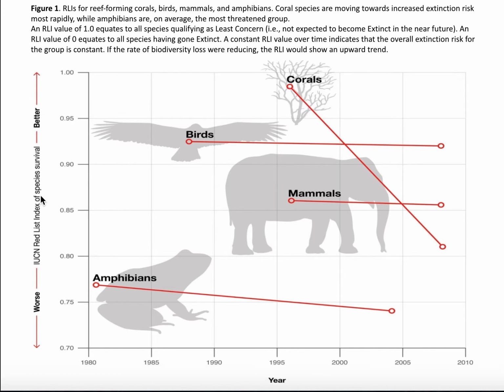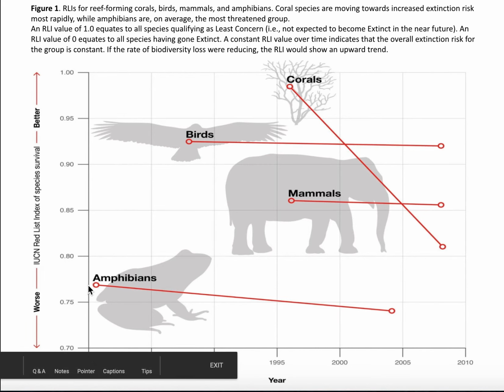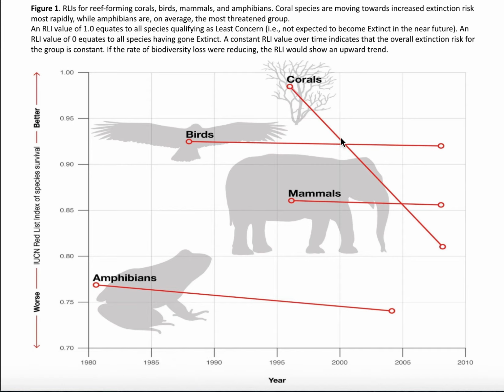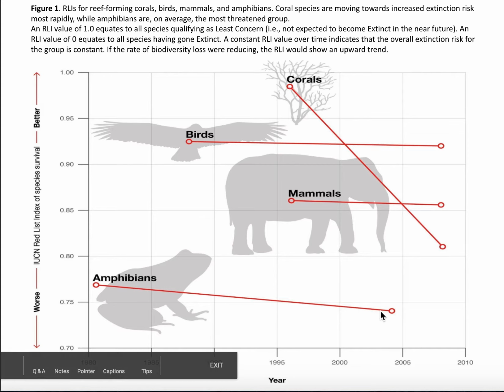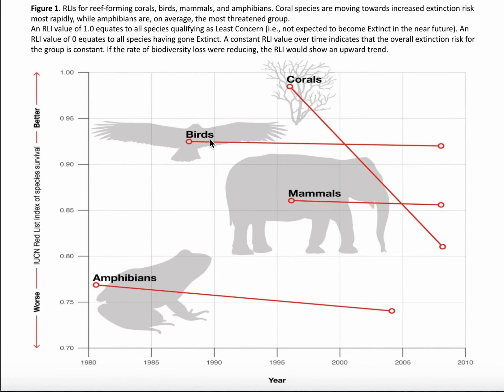this is the IUCN Red List Index of Species Survival. So notice it goes from 1 down to 0. You don't see 0 on this picture. And this is going over the course of years. So what you're seeing here is a decrease in corals. So they are having an increase of extinction. Mammals, there is a decrease, but not as severe as corals, for example. Amphibians have more of a decrease than mammals, and birds are similar to mammals in that they're just a consistent line,